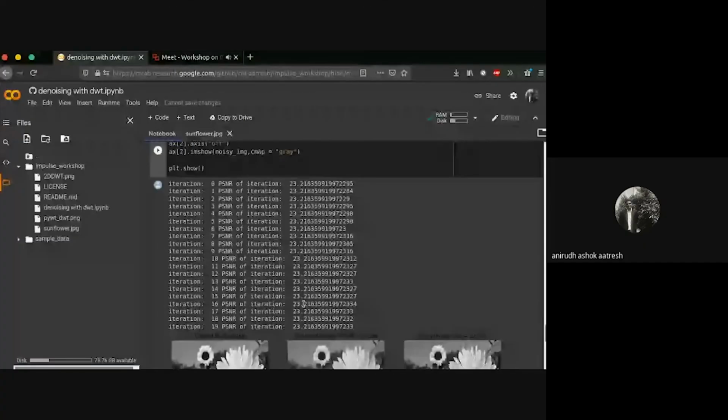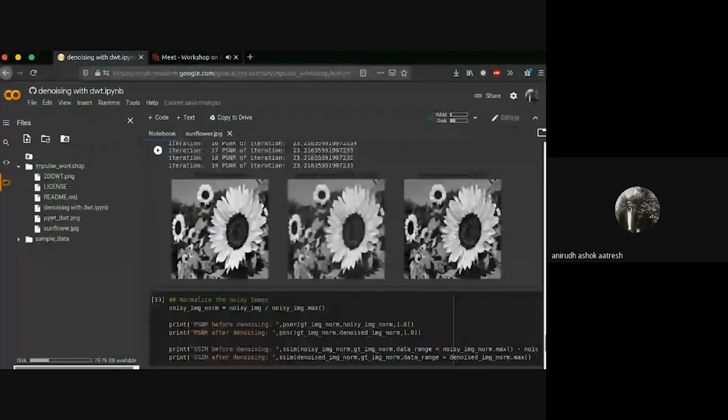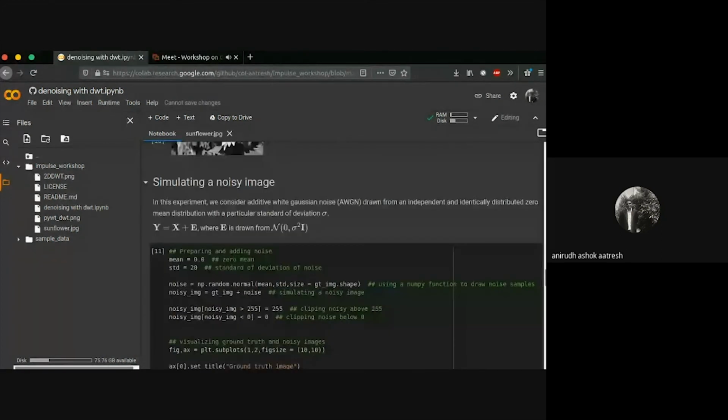Yeah, so this gain in PSNR that you're going to see will vary for the noise level, the standard deviation that you choose, and the structure of the image. So it is image dependent and it is dependent upon the noise. So given a certain standard deviation, because of the randomness, there will be some value, it will vary. So for example, if I run this once again here,